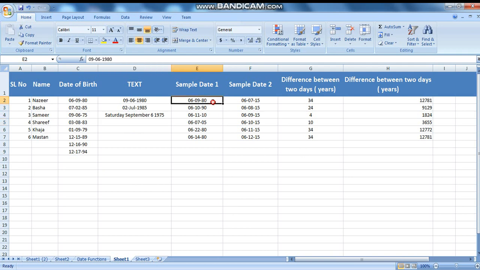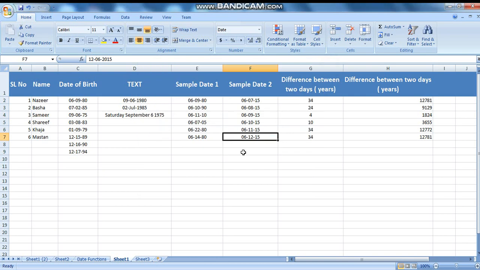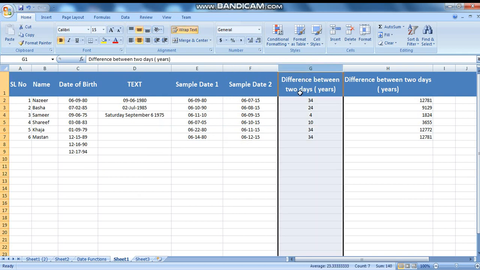Here I have given two sample dates and I want to calculate the difference between these two dates. So this column will retrieve the number of years difference between these 2 dates.